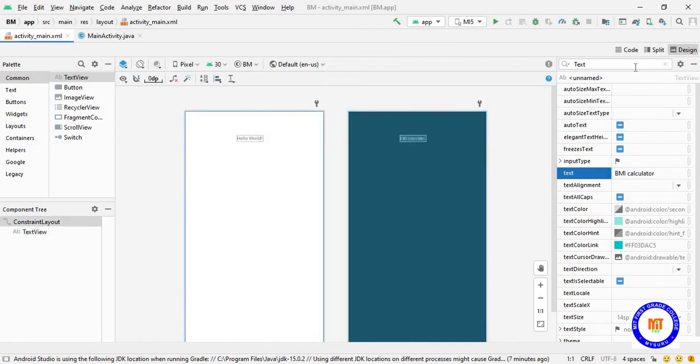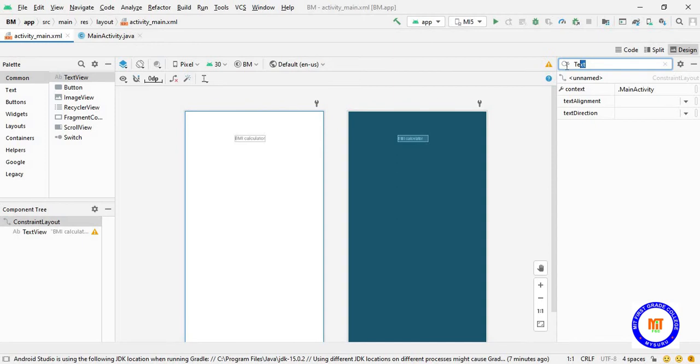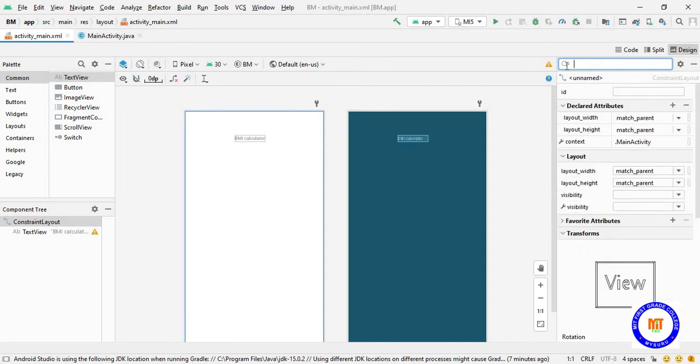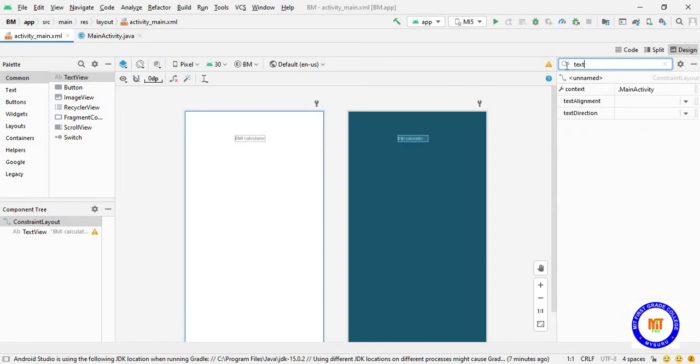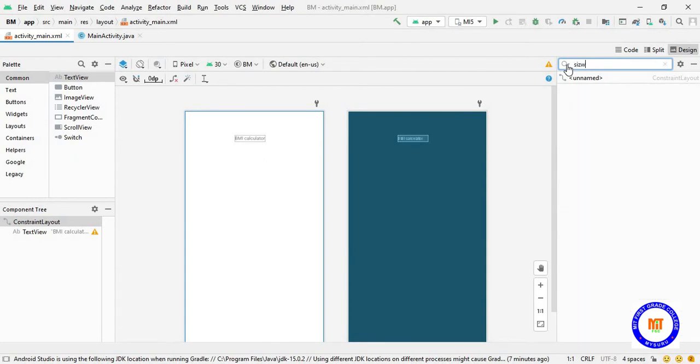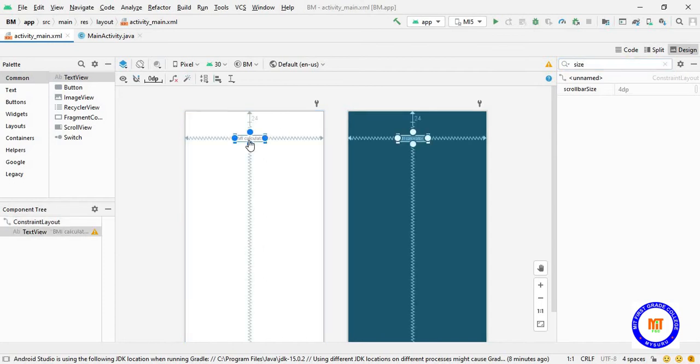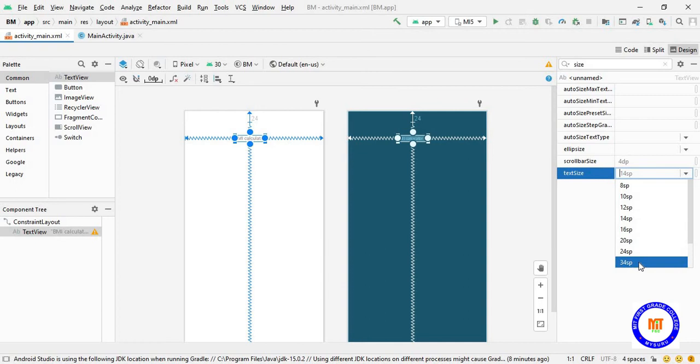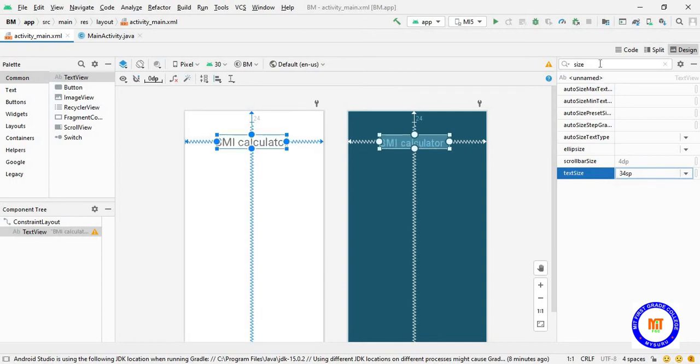Next I'll change the text color. Let it be 34. Next I'll change the color.